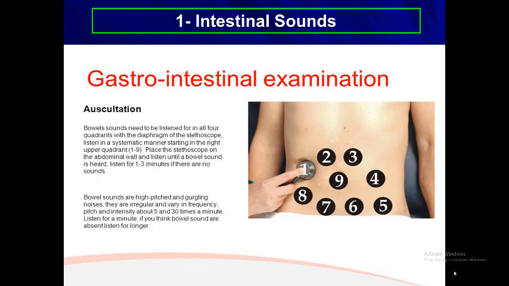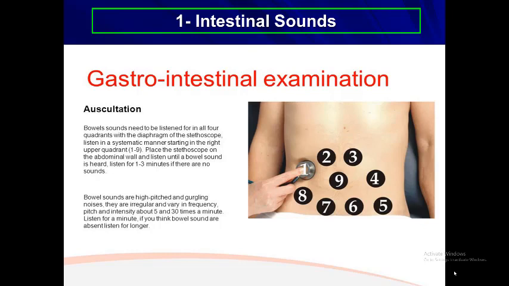Listen in a systematic manner, starting in the right upper quadrant from 1 to 9, as in front of you. Bowel sounds are high-pitched, gurgling noises. They are irregular and vary in frequency, pitch, and intensity.